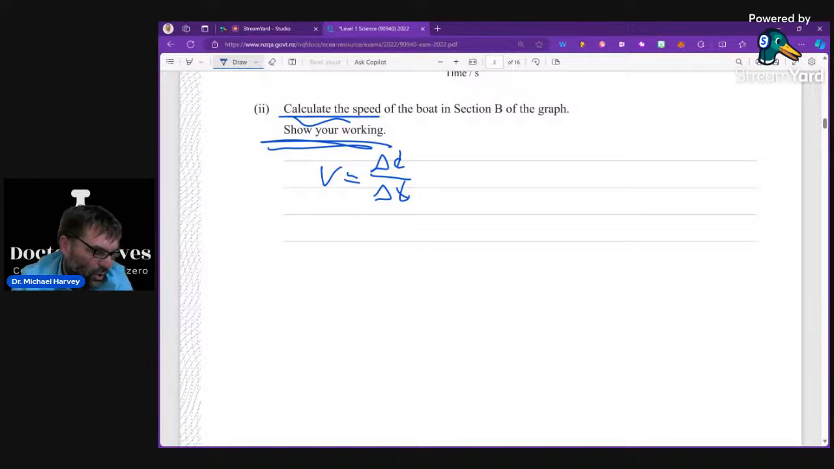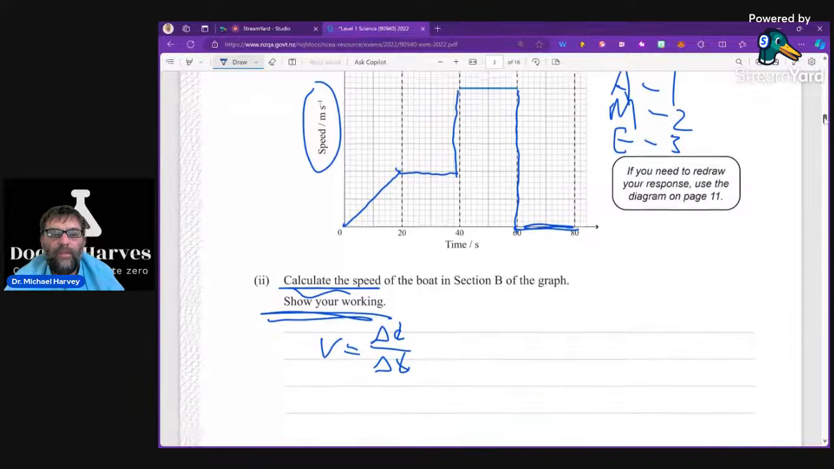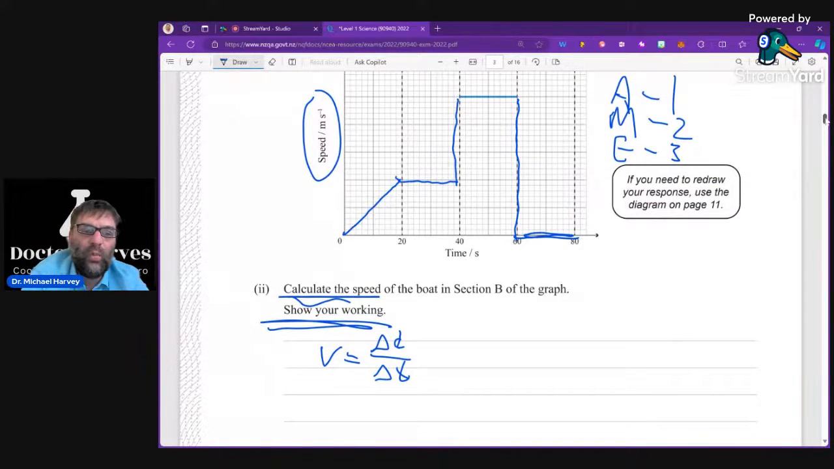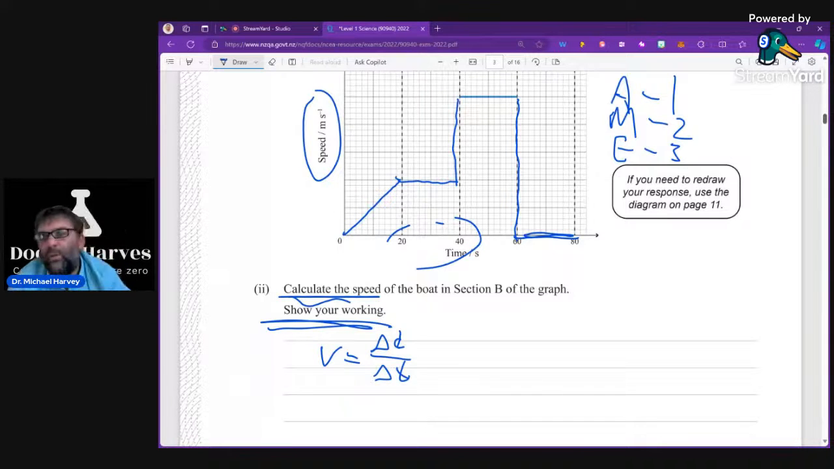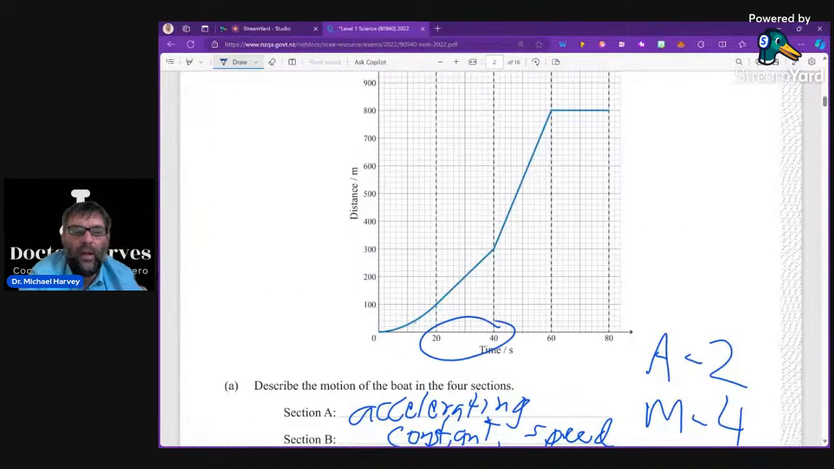Okay, so for section B of the graph, if we go up to section B, there it is. This is the section we're looking at, this section here. Let's go back to the first graph. Tricky. Okay, so we're looking at this section here, and the change in distance only over section B, so we're only working in this part here,